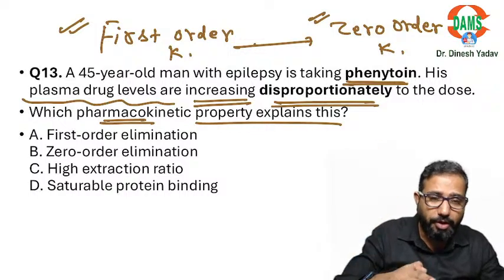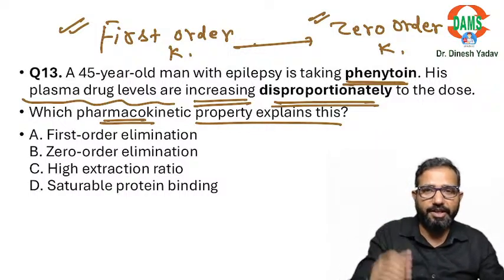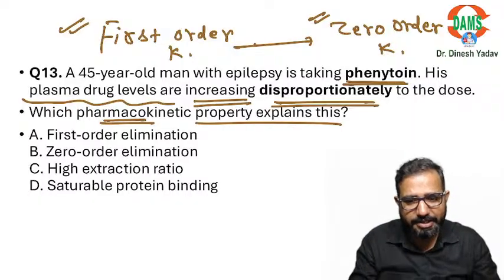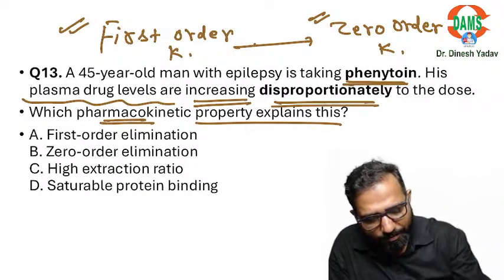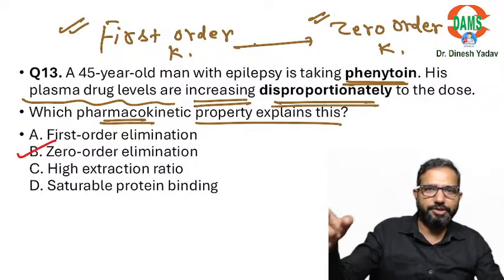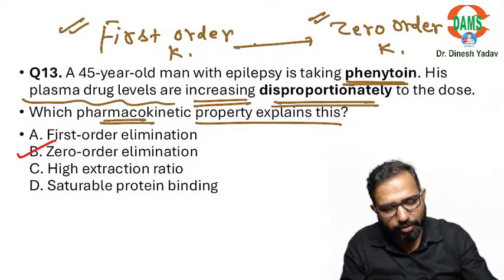So it will be slow, and that's why it suddenly increases disproportionately. So the answer is because it is converted from first to zero order, and this is also called